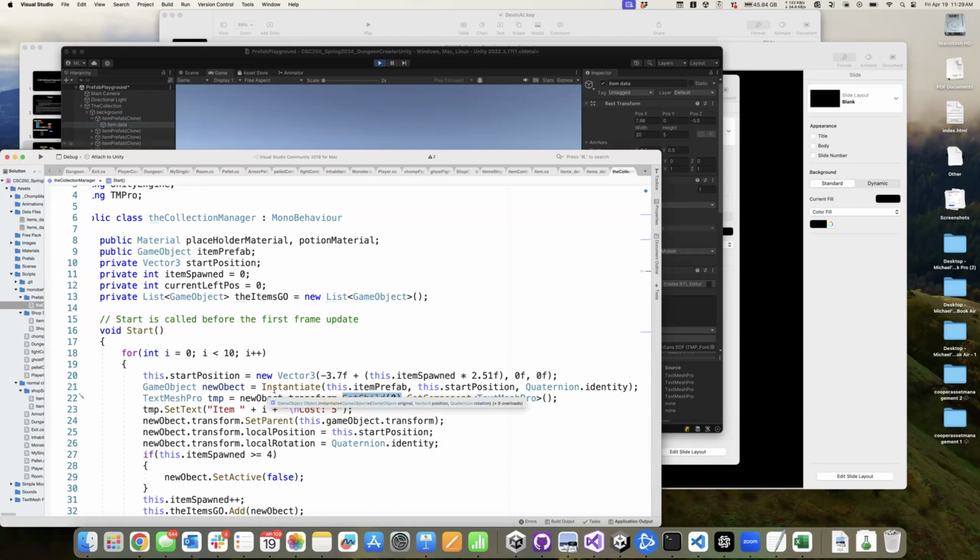Okay, so to get at that Text Mesh Pro, I'm going to say new object, look in your transform and find your first child, which is a transform, which is a game object. Then get that guy's Text Mesh Pro component. All right, so this part right here should look familiar. And even though we've seen things where we've made things children of other things, this is probably the new piece